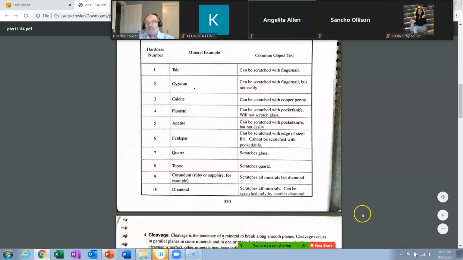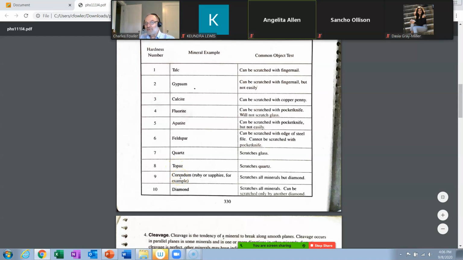Here it is in your lab. Number 1, the softest mineral is considered to be talc, then gypsum, then calcite, fluorite, apatite, which is your phosphate source, feldspar, quartz, which is sand, basically sandpaper. That's why this will work on a lot of things lighter or less hard than that, including woods and things like that. Topaz, even harder.